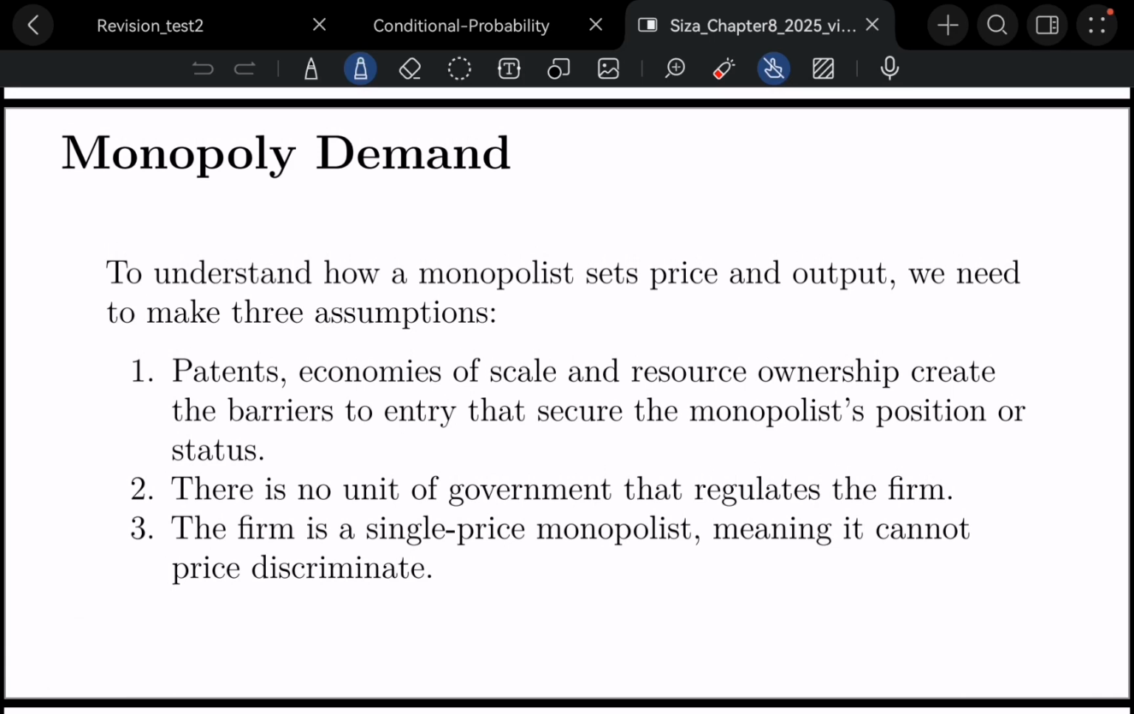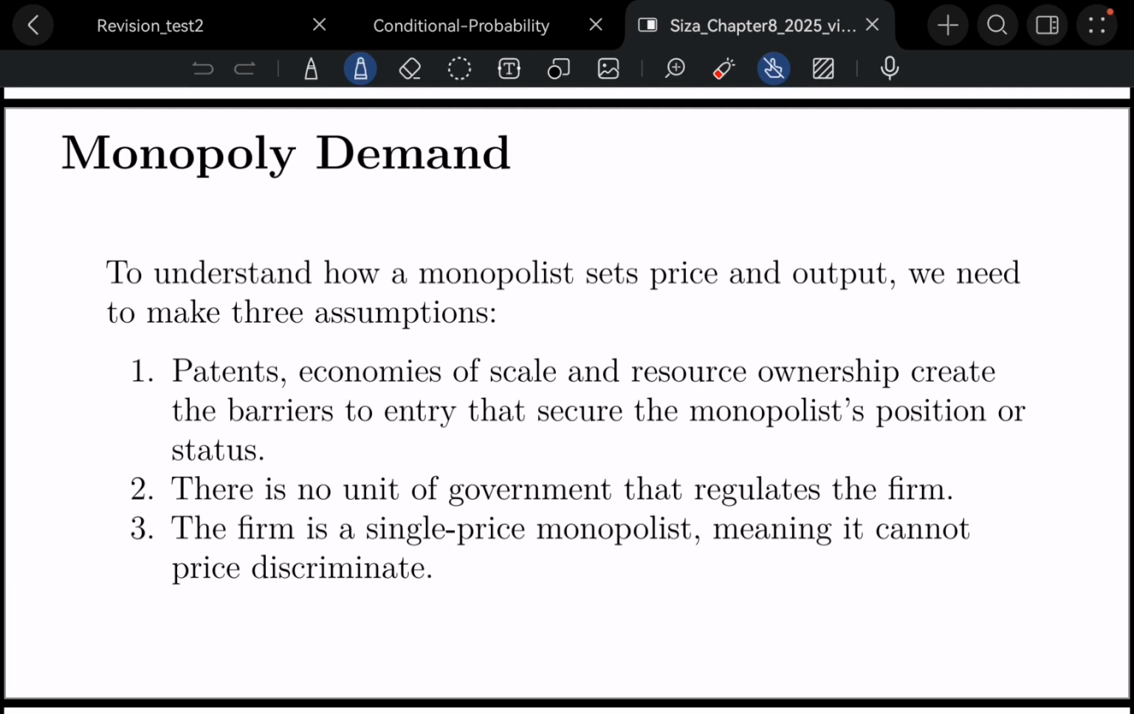So the first of all is that there are high barriers to entry, right? This can be because of patents, it can be because of technology, it can be because of financial barriers to entry. And the firm is unregulated. So for now, we're going to keep the assumption that the monopolist is unregulated. So no government unit regulates the firm